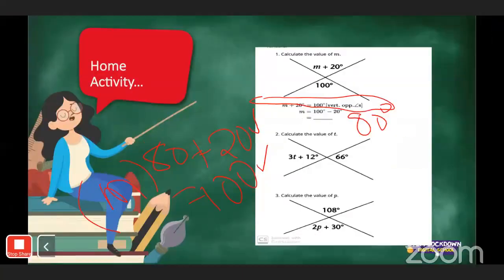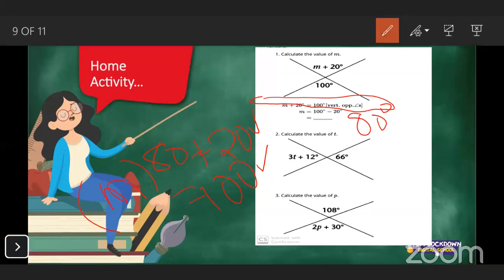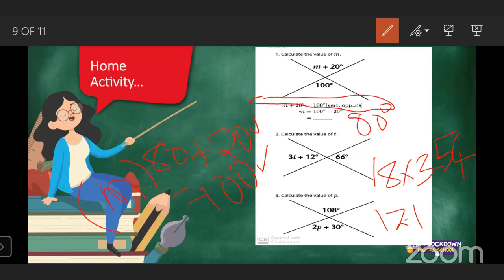So our t equals 18 degrees. So since our t equals 18 degrees, now we must verify our answers. So we'll have our 18 multiply by 3. And that gives us 54. And then we'll have to say 12 plus 54 equals